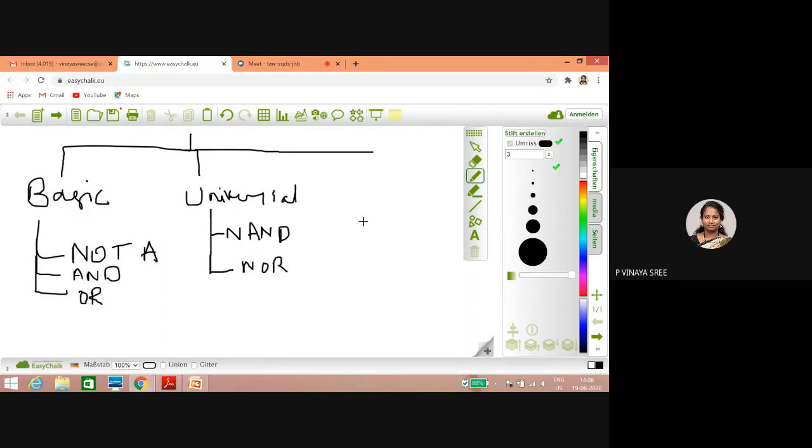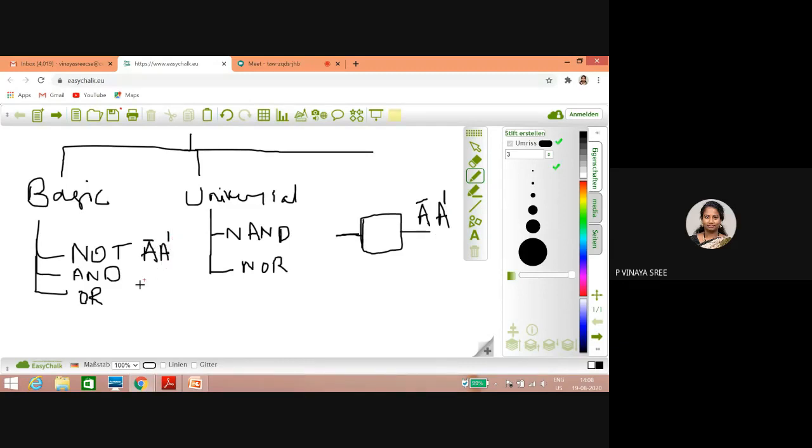Consider this as one electronic circuit. Inside there will be n number of gates, whatever it may be. Given an input, output will be generated. I am only considering one gate inside this, the NOT gate. For this, the input that I am giving is A, and if inside we have a NOT gate, the output will be A complement. We can write it as A complement, and we can even represent it like this, with a dash. Two ways.